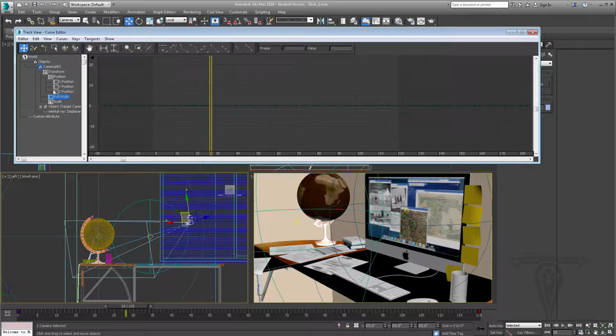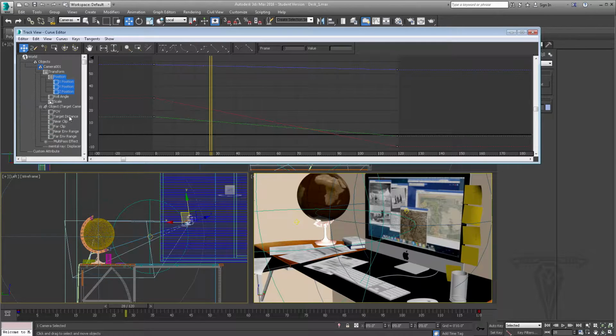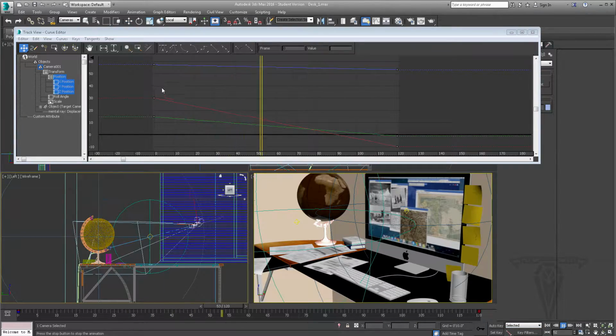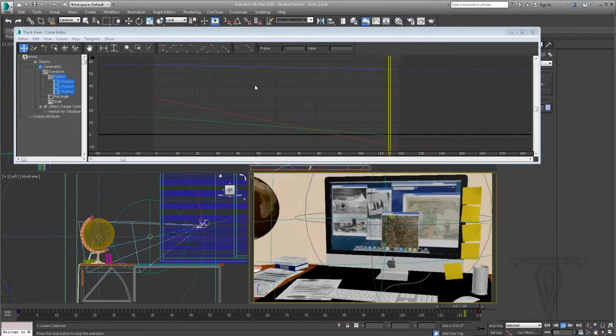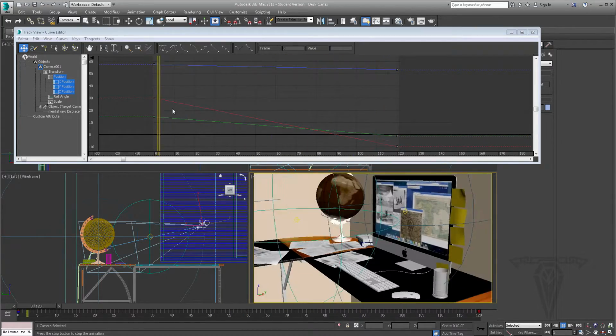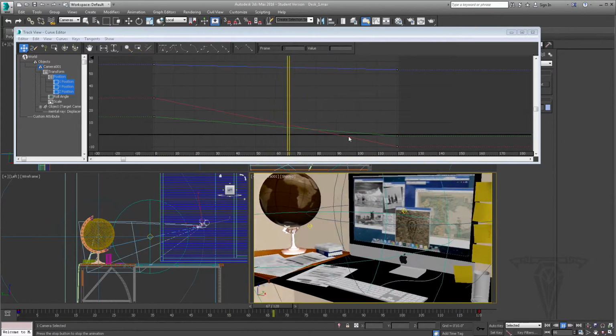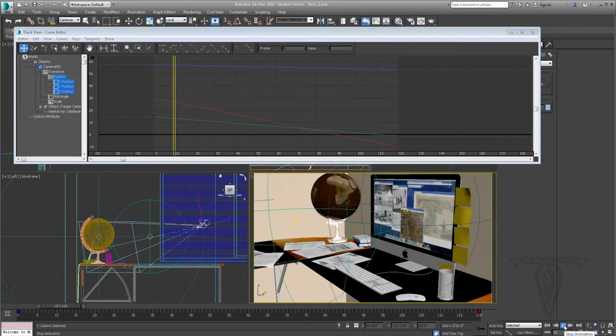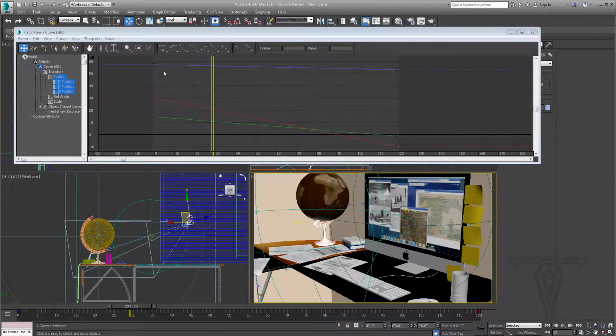And this one doesn't have any rotation keys because it's got a target. You can see here, here's the target. Okay, so right now I actually like the fact that it's linear based, that there isn't an ease in and ease out. But you might want to have an ease in, meaning that it's going to start out slow, speed up, and then slow down. Okay, so to do that, what you can do is select these keyframes here at the beginning